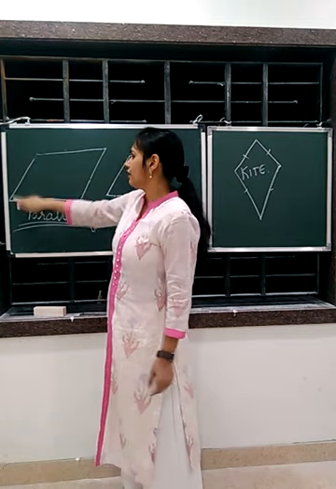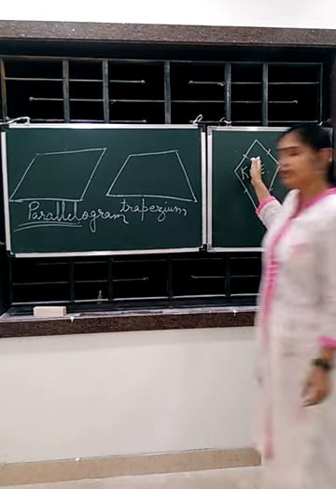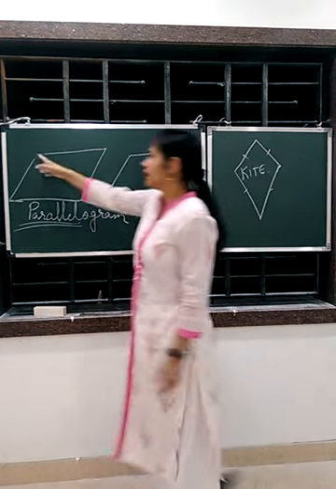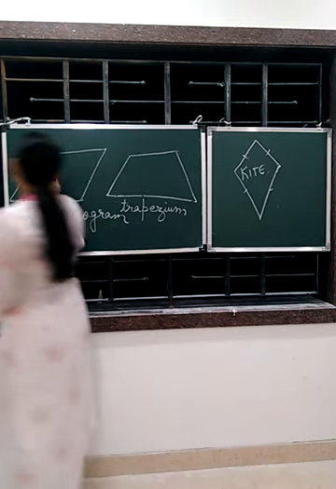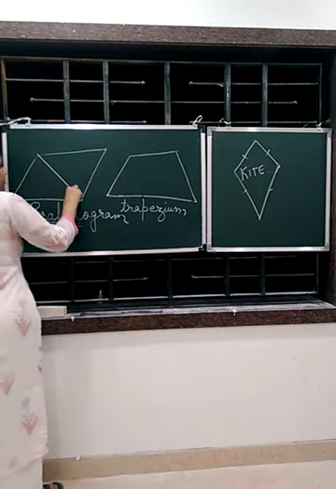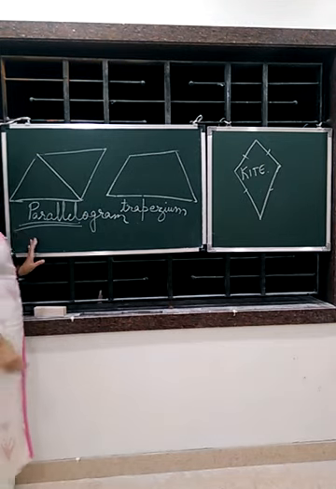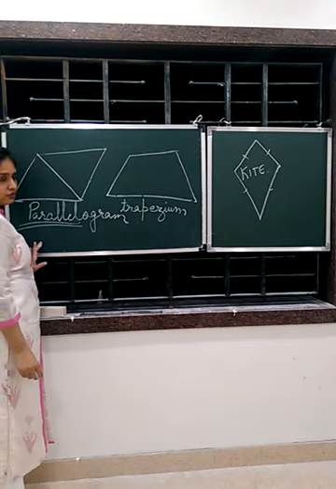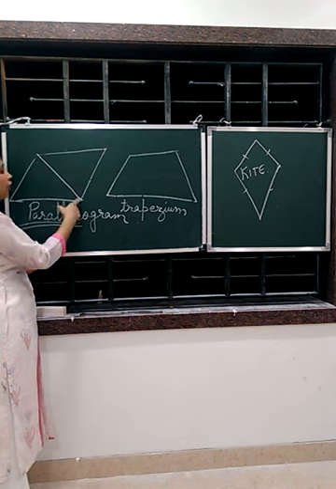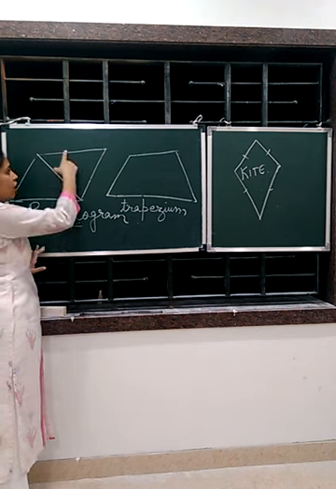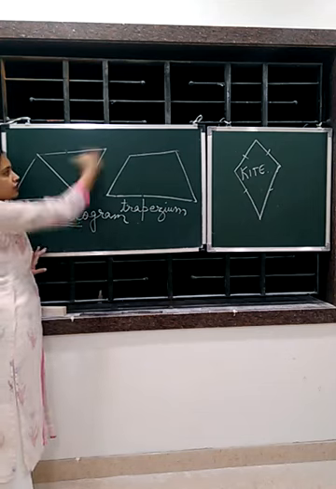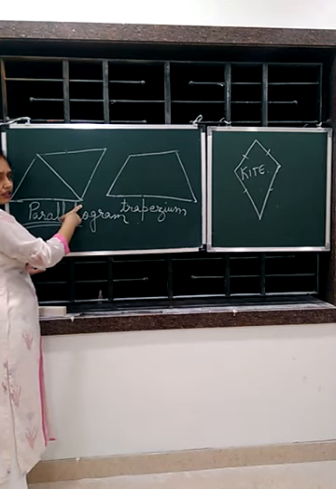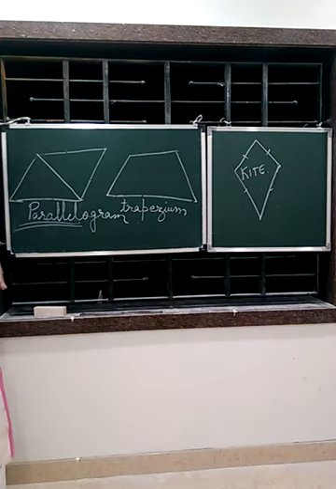Sides, adjacent sides we studied here, so no need. So opposite angles, these are the opposite angles which are facing one another, or you can also say they are joined by the diagonals also. Okay, so these are the opposite angles, opposite sides, adjacent sides and consecutive sides, which are next to each other.